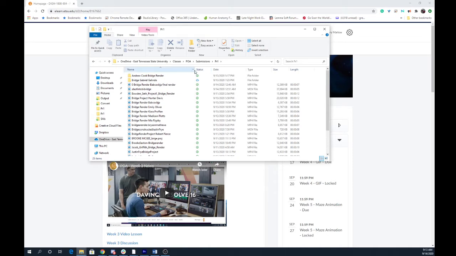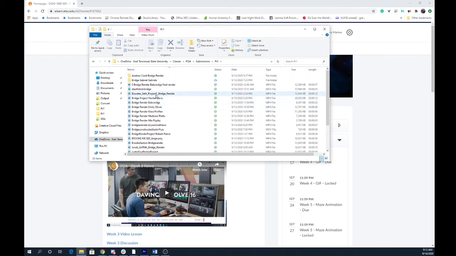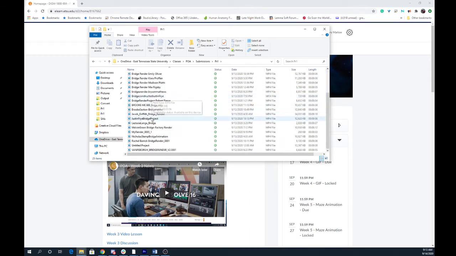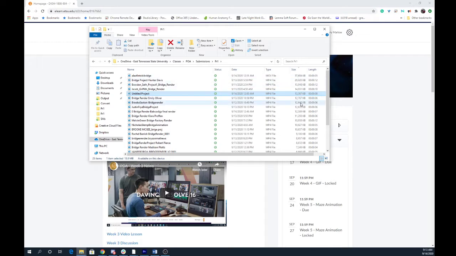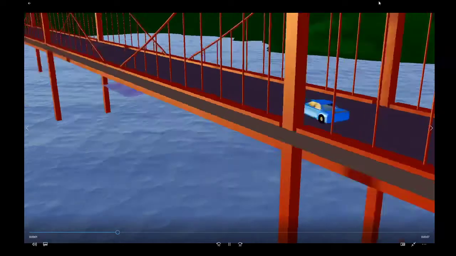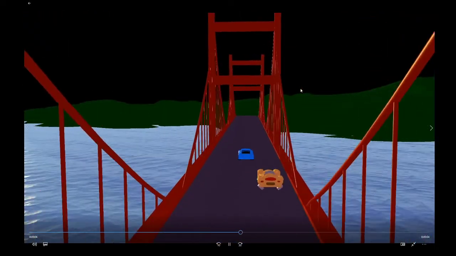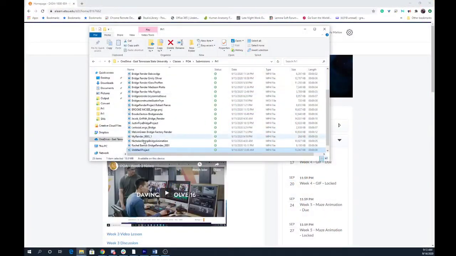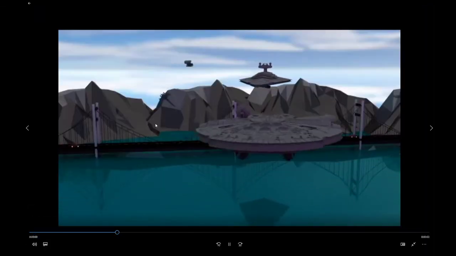I think most people had corrected for it. Like, I don't know who my render or unfinished project is. One of the things I can do sometimes is sort them by file size. If they're the exact same file size, I can look at those and see that they just turned that same file in twice. But that doesn't seem to be the case with some of these. So Untitled Project, I don't know who this is,